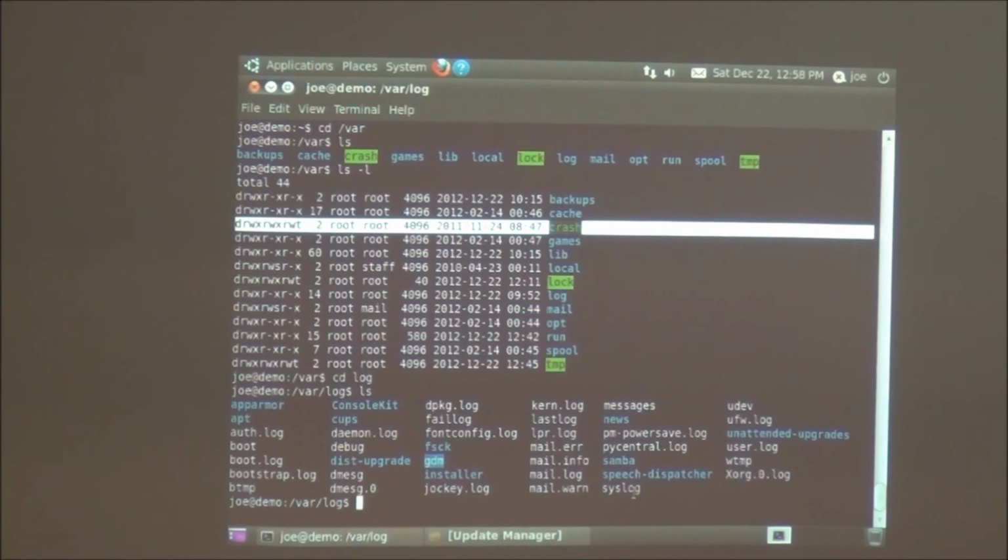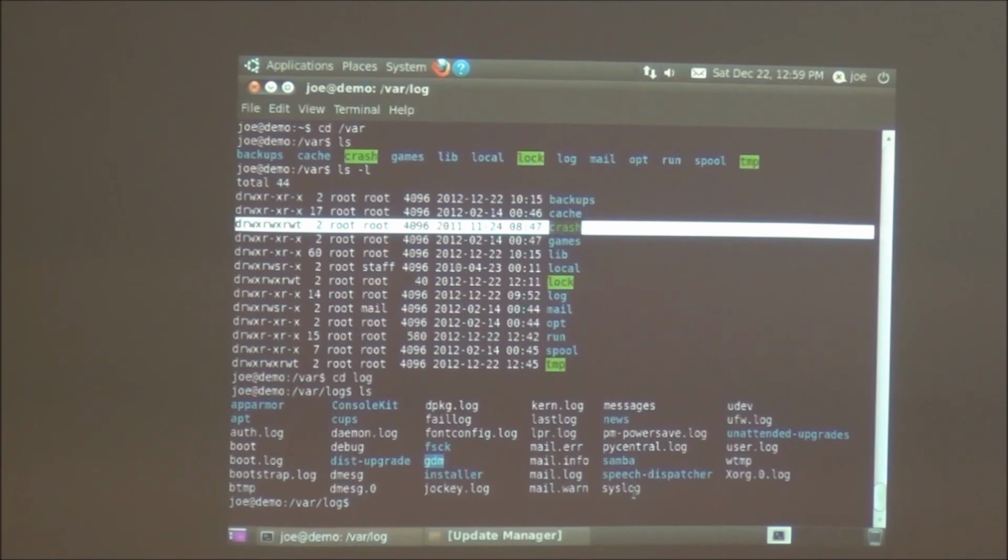Basically all applications that interact with the kernel mainly, and have notifications or warnings, will pass them on to this daemon, and the daemon is going to record it into a text file locally, or you can set it up to have the logs shipped out to another computer over the network.